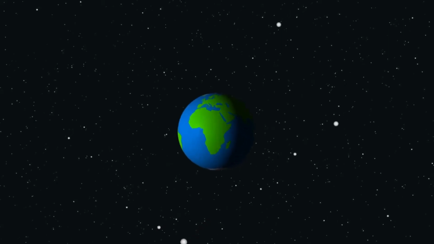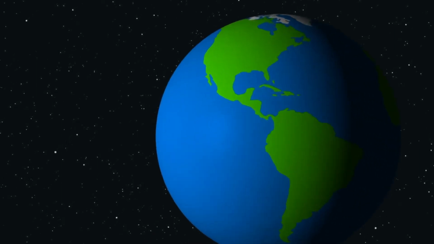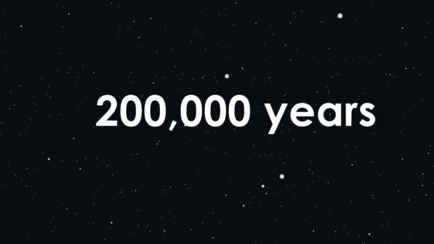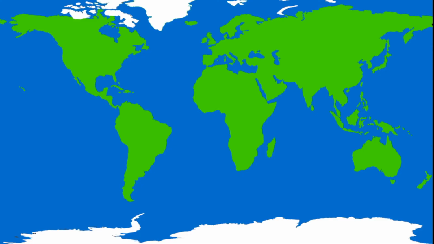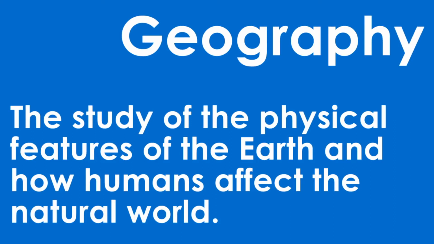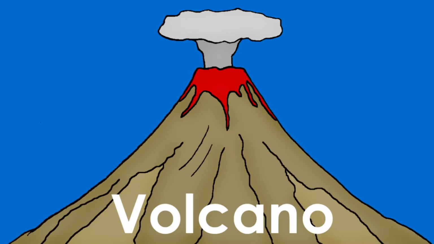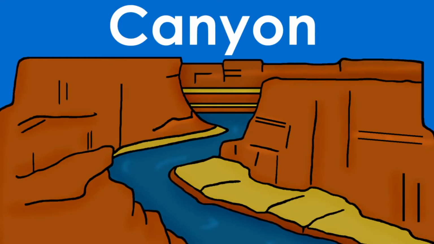It is estimated that the Earth is over 4.5 billion years old, and that modern humans have been walking the face of it for around 200,000 years. The geography of our planet has shaped the population patterns, available resources, industries, cultures, and nearly every facet of human activity during those 200,000 years. Geography is a study of the physical features of the Earth and how they affect the humans who call the planet home. Physical features include landforms like valleys, mesas, mountains, deserts, volcanoes, and canyons, along with waterforms like lakes, rivers,